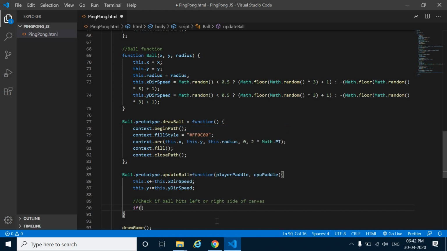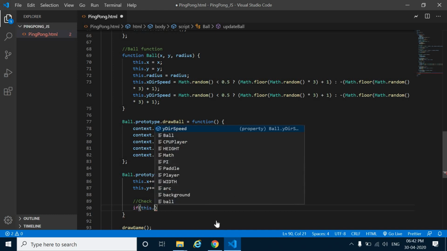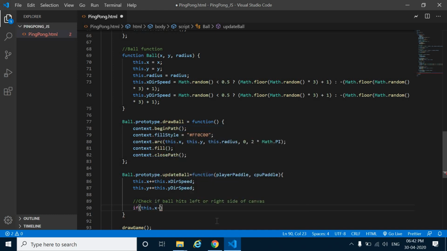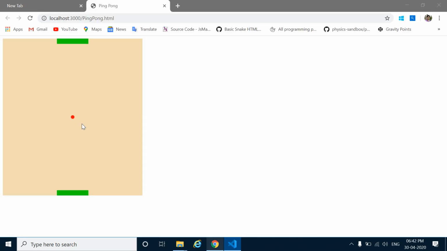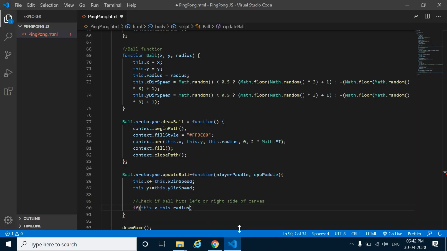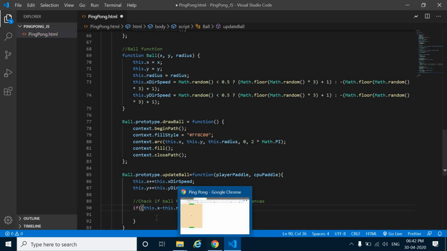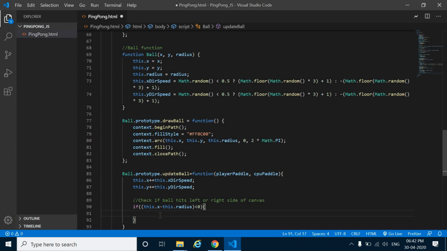For that we need this.x minus this.radius, meaning the leftmost part of the ball. If it is less than 0, then the position has to be changed. Let me put that into the parenthesis here. Fine. So then the direction we will change: x direction speed will equal to minus this.x direction speed,